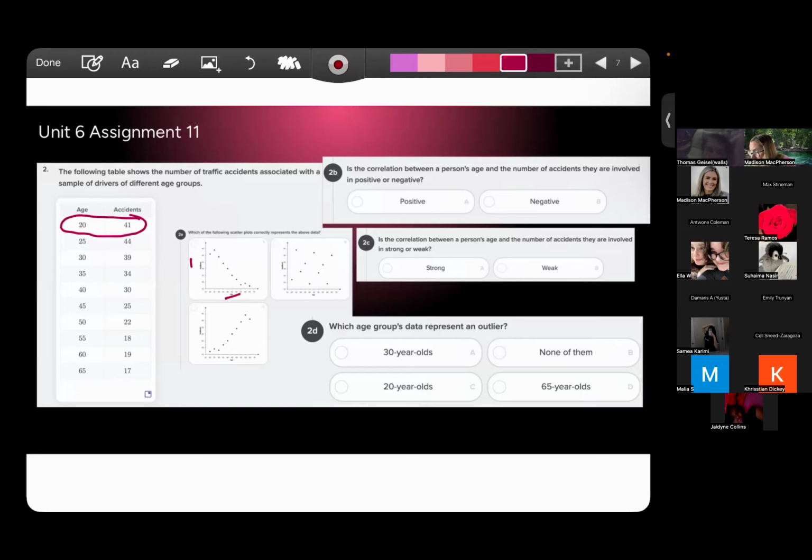So at the age of 20, we had 41 accidents. It looks like that point right there. So this one so far is good. Let's see if the next graphs have that same point at 20, 41. This one does not have it, so that can't be the graph. This one, 20, 41, does not have it, so that also cannot be the graph. So this one has to be the one that looks like that. Okay, from here,